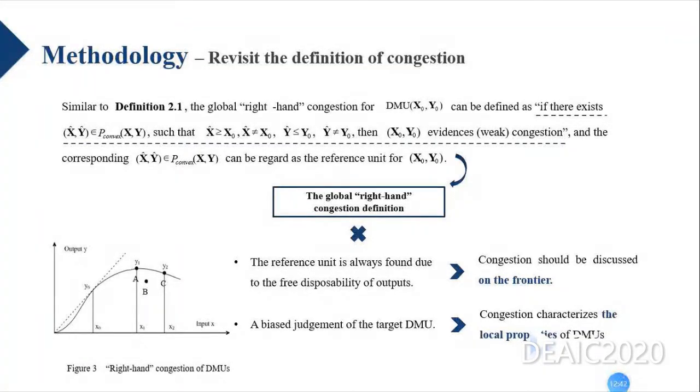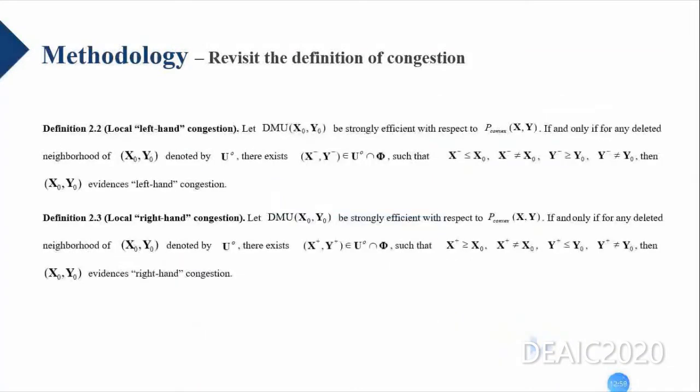In addition, congestion characterizes the local properties of an efficient DMU. If this point is ignored in the right-hand congestion, it will cause the second problem. With this clarified, we propose the definitions of the right-hand congestion in a local way, and this way can also be applied